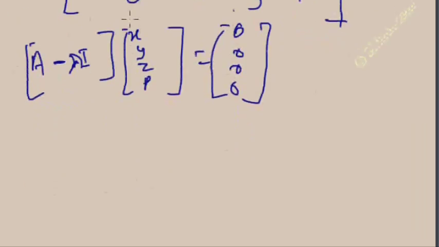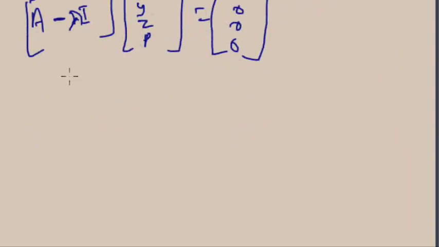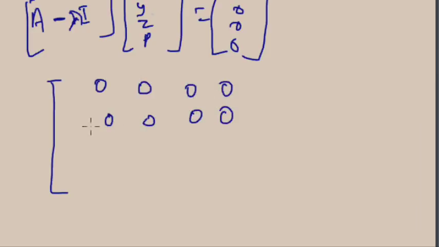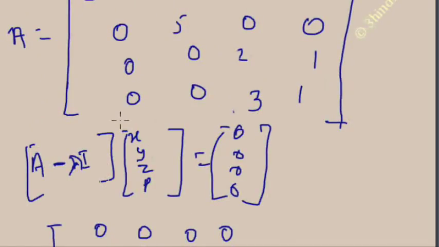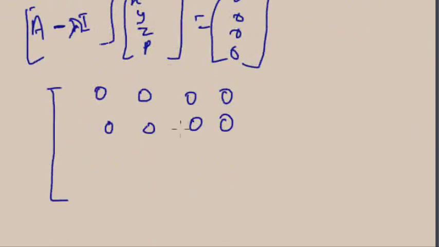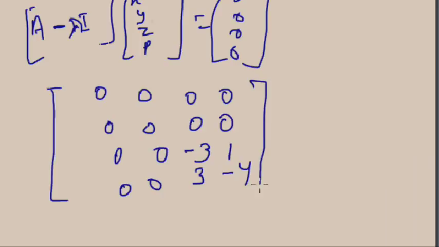So A minus lambda I will be, for the rest, 2 minus 5 means minus 3, minus 3, 1 and 3, and 1 minus 5 means minus 4, and the rest of the elements are 0, times x, y, z, p